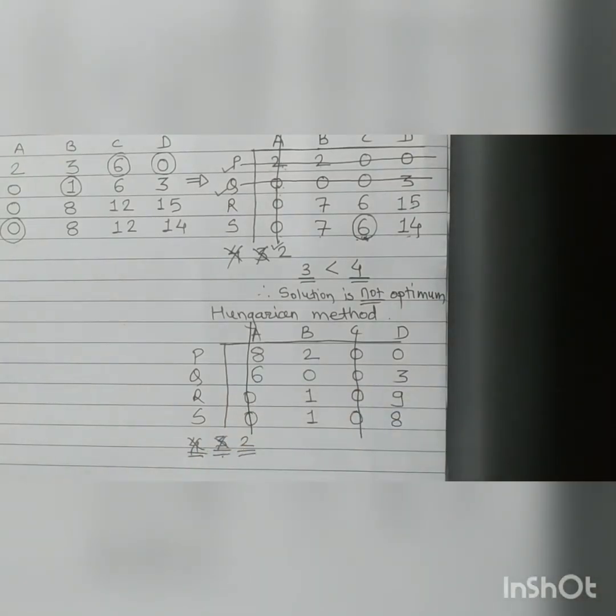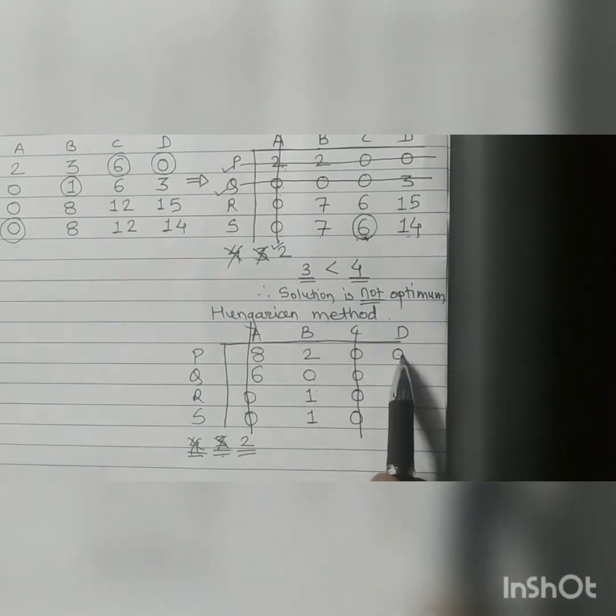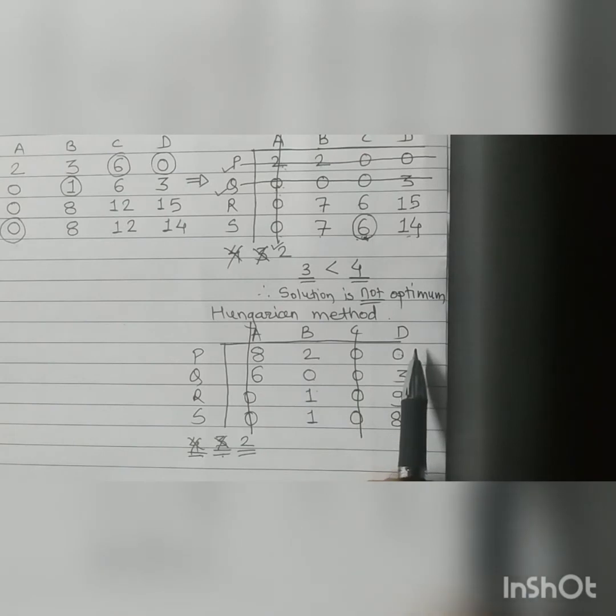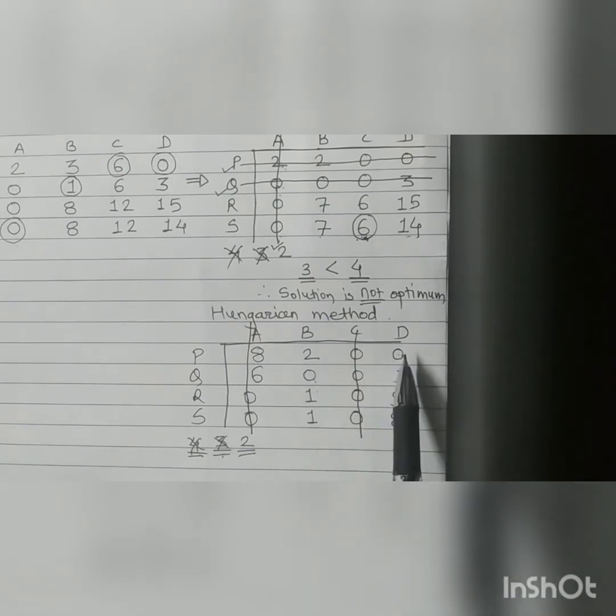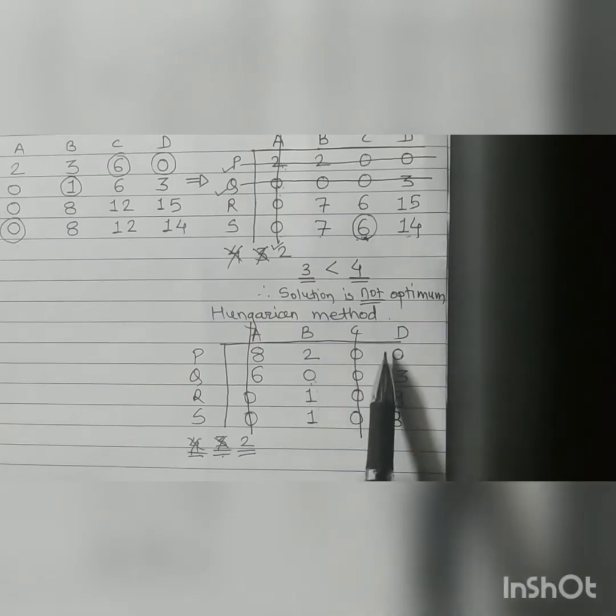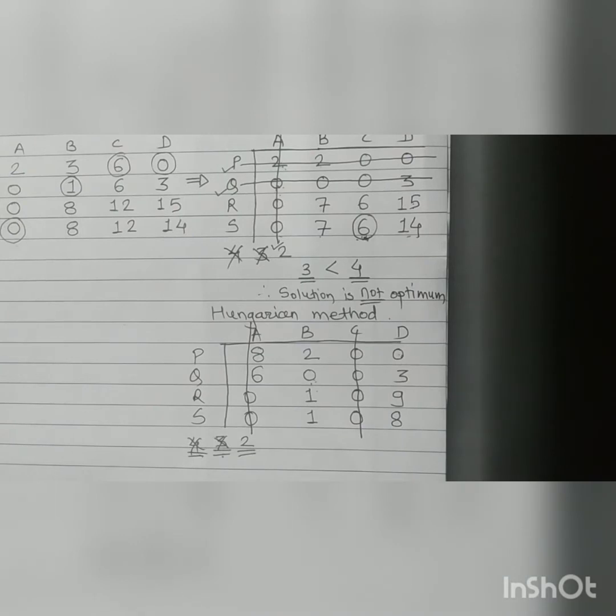Okay. Now search for 2 zeros. Can you find 2 zeros? You will say that there are 2 zeros. No. These zeros are not in a same line or same row or same column. This is in another column, this is in another column, this is in another row, this is in another row. So such type of zero we don't want. We want such type of zeros which are present in a row or in a column. Okay, so you cannot find 2 zeros.